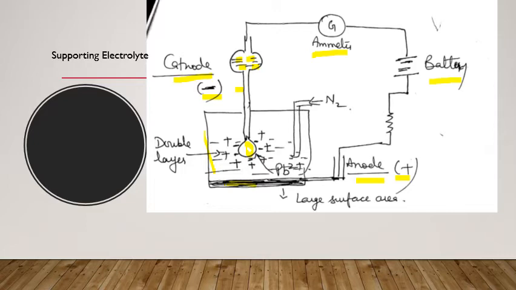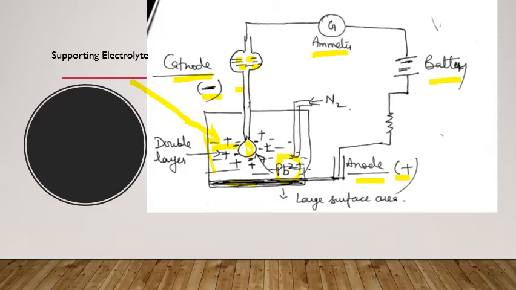So another important component: there are two electrodes which are attached to the battery, and we have the analyte in the sample. Suppose here you are able to see the lead. Understood? So the lead is the analyte which we are going to analyze by this instrument. And here one major role comes, that is the supporting electrolyte. The supporting electrolyte here is there in the beaker, which plays the main role here.